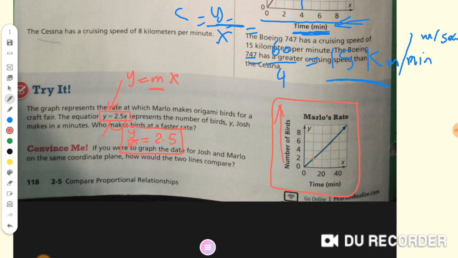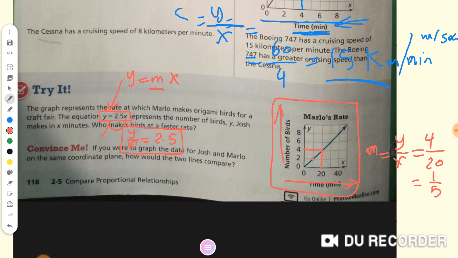So here is the number of birds, and here is the time in minutes. The number of birds we can calculate here: take any point on the graph. Maybe we have two numbers here, 20 for x and 4 for y. So the constant equals y over x, which is 4 over 20, so it equals 1 over 5 birds